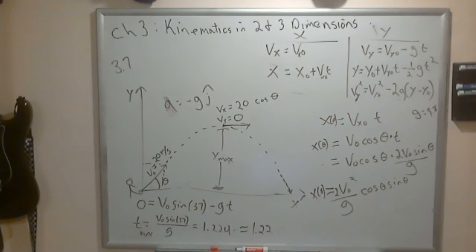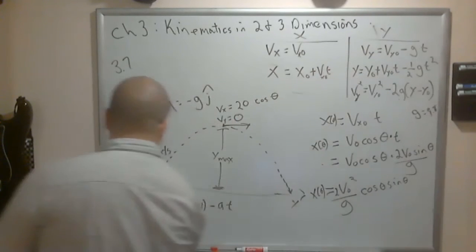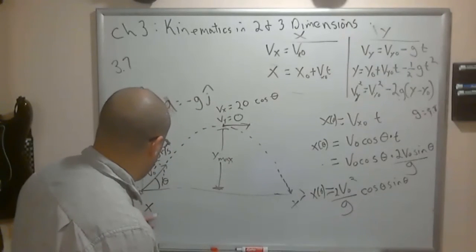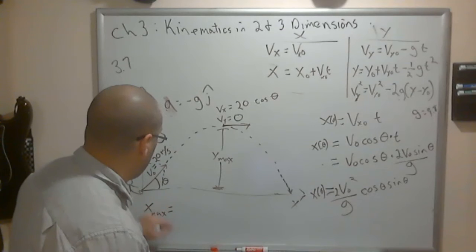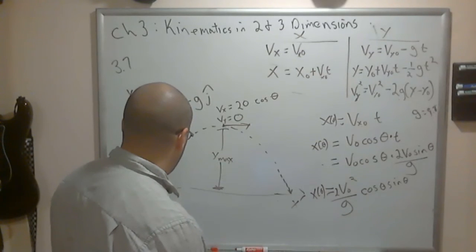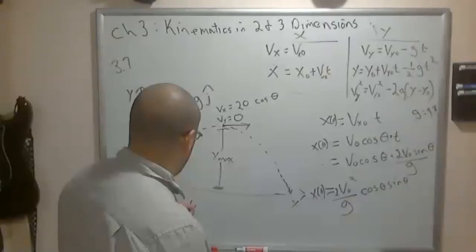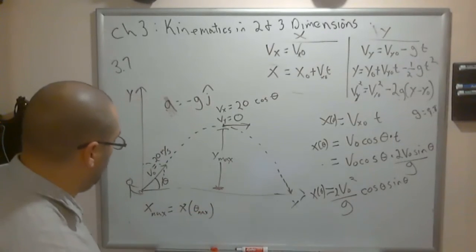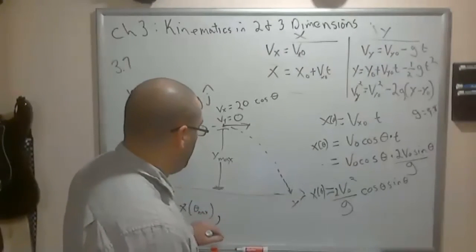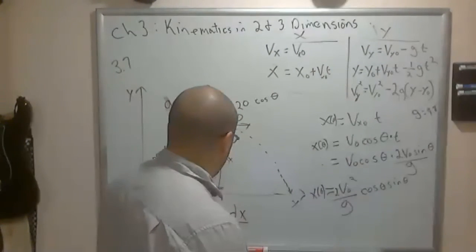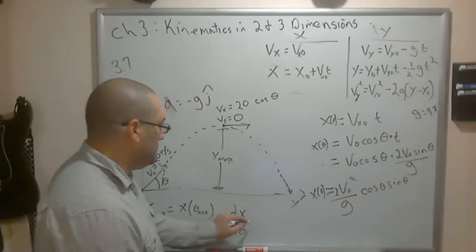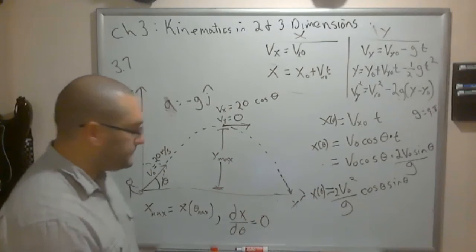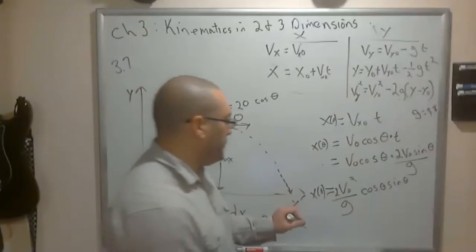And then to find x max, this is equal to when we plug in theta max over here, right? And then the way we find theta max is when we take the derivative with respect to theta, and it's equal to 0, right? So we got to solve this problem. So let's take this derivative,